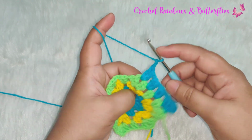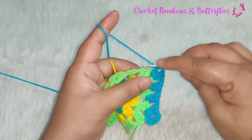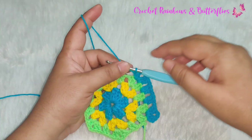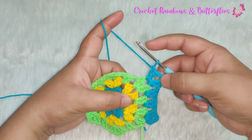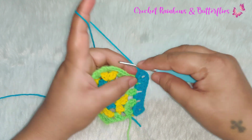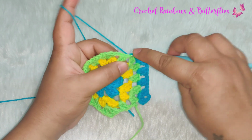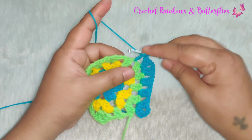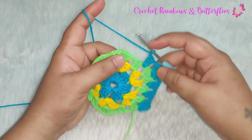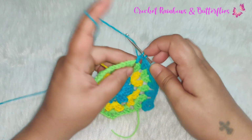chain 2 and 2 double crochets in the same space, 1 and 2. After you complete working the double crochets in the chain 2 space, chain 1. In the next chain space, you work 2 double crochets, 1 and 2. Chain 1. In the next chain space, you work 2 double crochets, 1